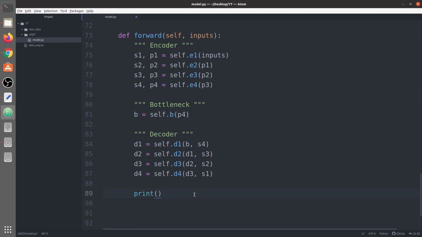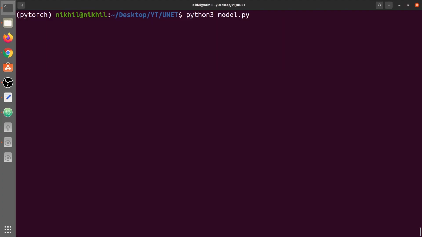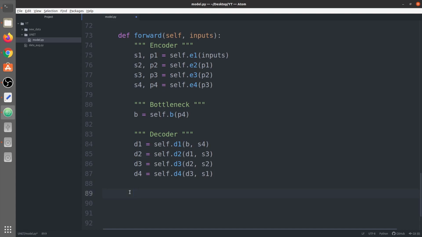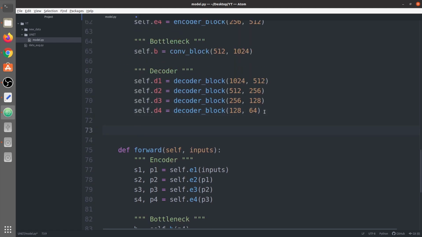Okay, because in case of segmentation our main aim is to generate a segmentation mask of exactly the same shape as the input. So now we're gonna run it and check its shape. You can see the number of features is 64 and the height is 512, and same for the width. So we have a feature map of height and width 512 by 512, and that is exactly what we want. So now the encoder is complete, the bottleneck is complete, the decoder is also complete. Now we need the classifier basically to generate the segmentation map.